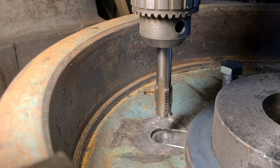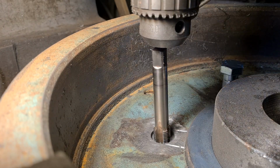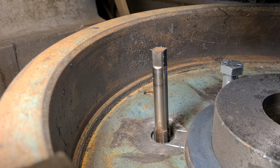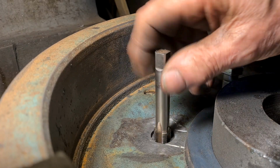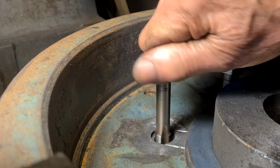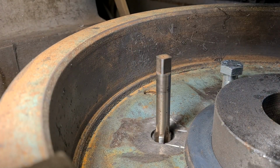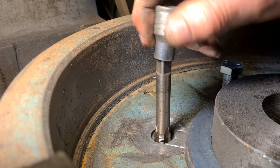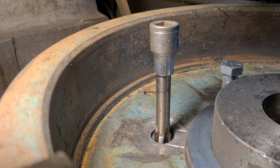So that's got that started enough for me to put the tap handle in and carry on with it by hand. I can't afford to buy tapping machines and so forth, but yeah, I can just screw that in there with my fingers now, look. So that's in fairly good. And I have a socket to go on there. I just have to wind the table down to get the rest of it in, but